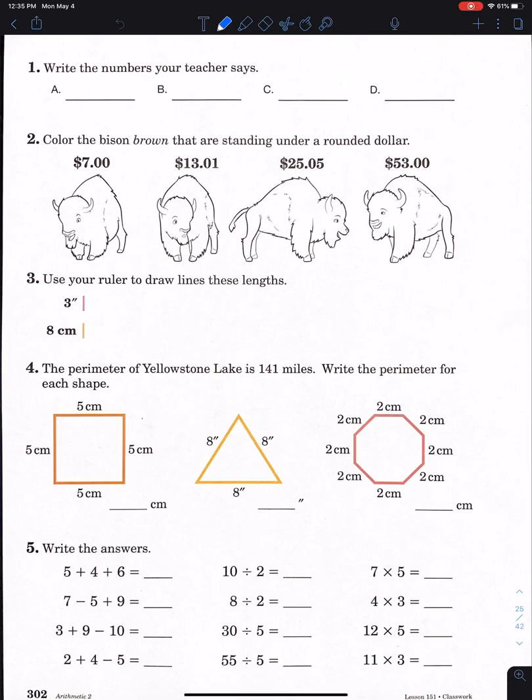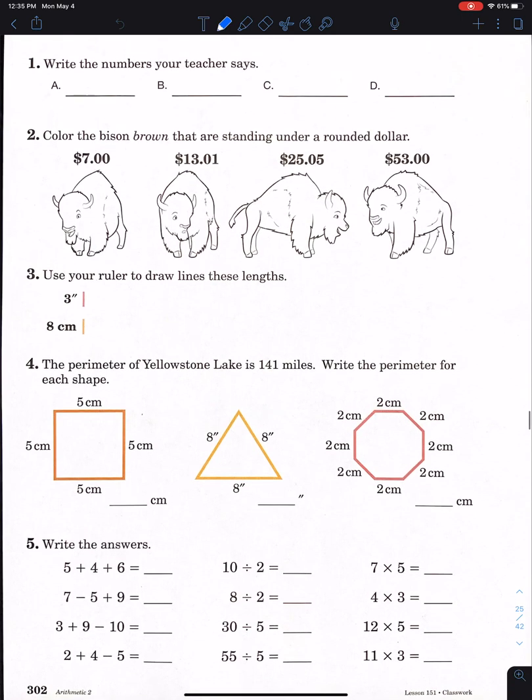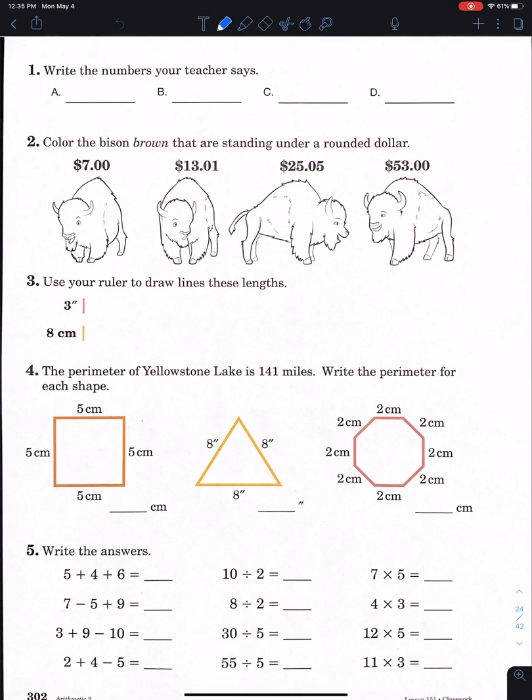And we are back for the second side of lesson 151, page 302. All right, number 1, write the number your teacher says. Well, here I am, your teacher, and I'm going to say some numbers, and you write them down. All right, A,